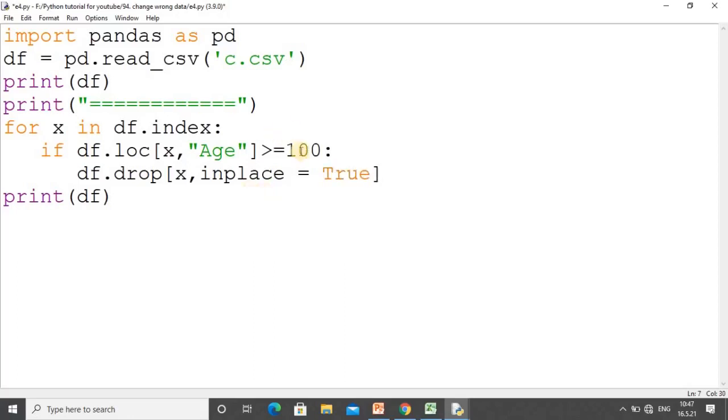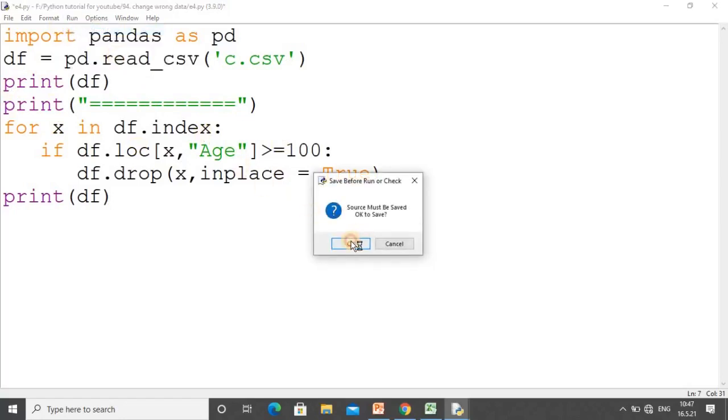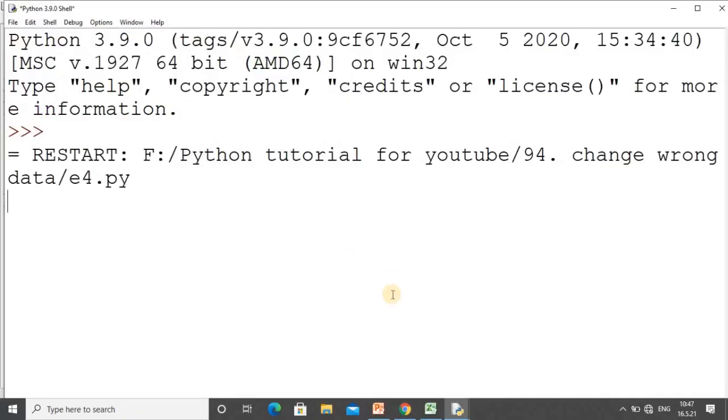In the previous tutorial we also handled such a situation, and you have to change this bracket. In the drop method we have to use the round bracket, and then as usual we write this statement. What happens here is that it will drop that particular record if the age value is greater than or equal to 100.